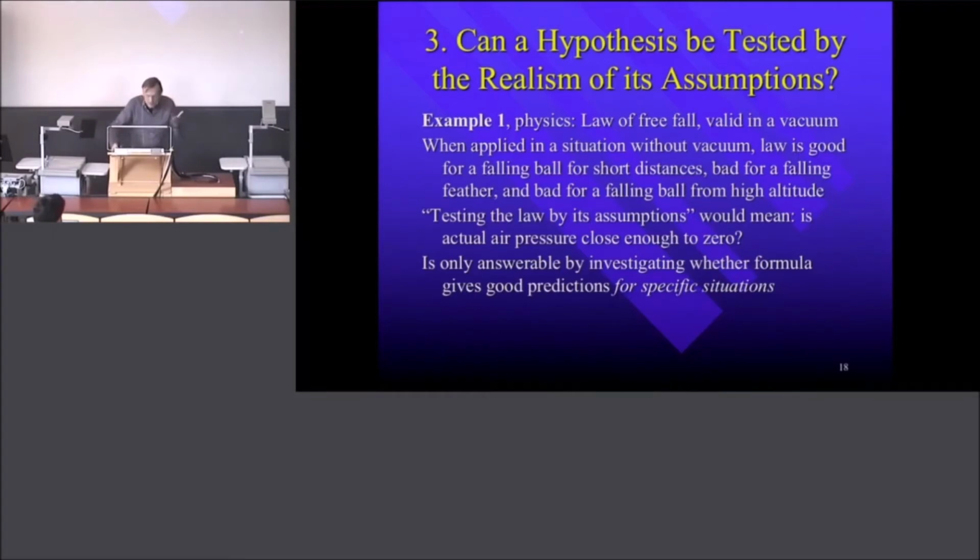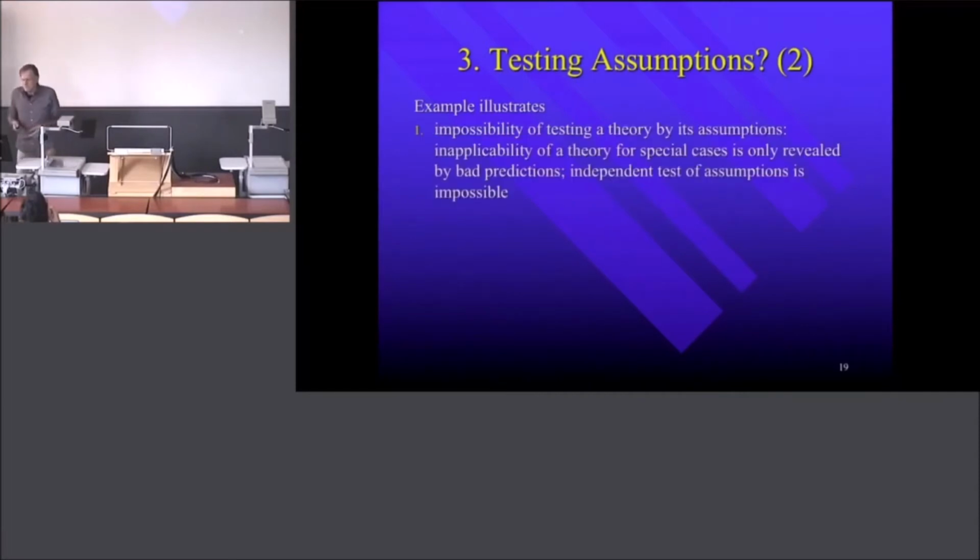It's the claim you can only find out when you really measure falling bodies here in that room, heavy bodies, and then you look whether they follow the law of free fall or they don't. And then if they do, then you say, okay, the assumption is justified to the degree that we tested it here for short distances of heavy bodies. So the example illustrates the following. This is what he's getting from there, and that's central to the paper. The impossibility of testing a theory by its assumptions. You cannot say, if I have the law of free fall and I want to apply it here, then I test the law of free fall